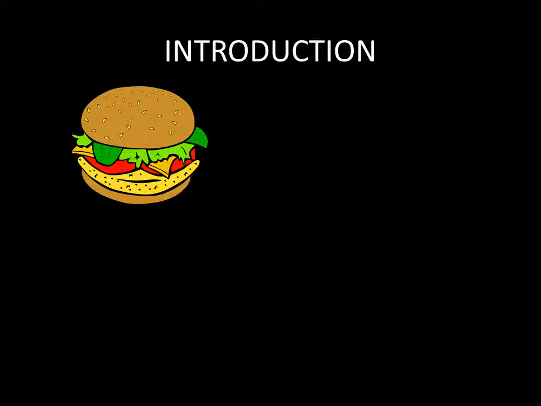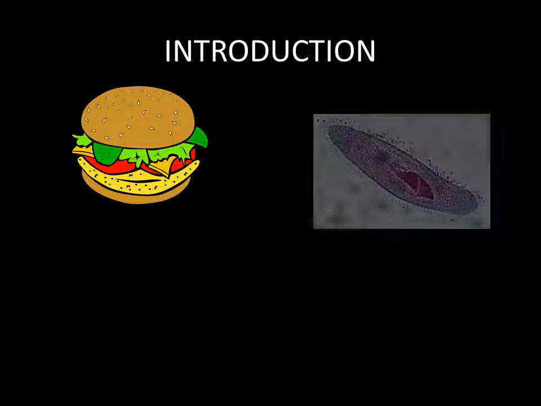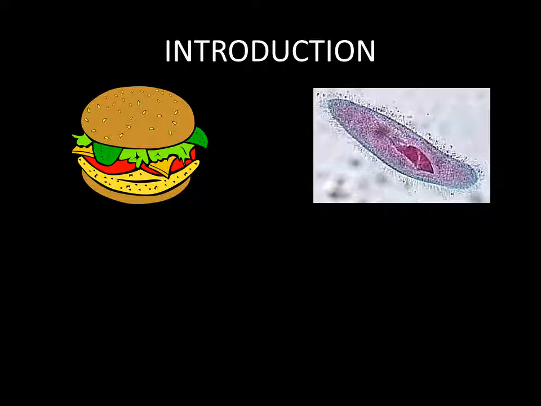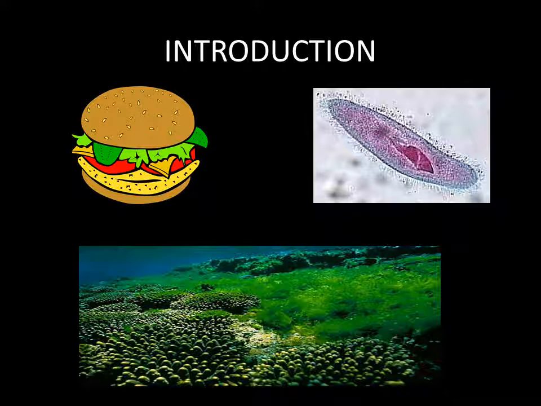So the transportation of materials in unicellular organisms takes place through diffusion in paramecium and amoeba. And the transport system is not well defined in the unicellular organisms because their cell remains in direct contact with the environment. And then the transportation of materials in multicellular organisms like algae, they have a definite system which is internal transport, and the transport of materials is carried out by a vascular tissue system. In humans, the transport system is called the circulatory system.